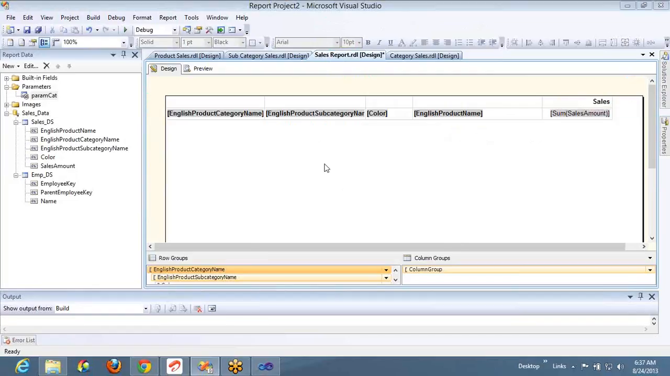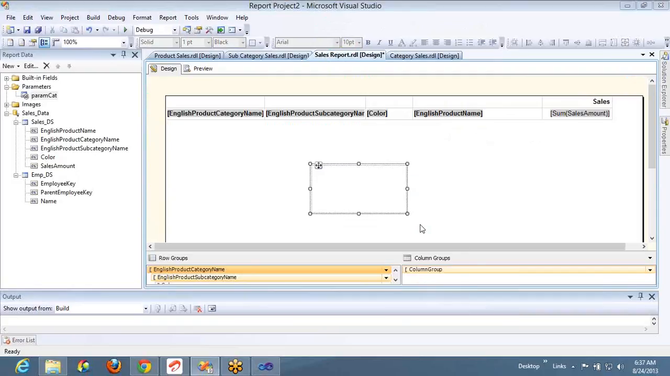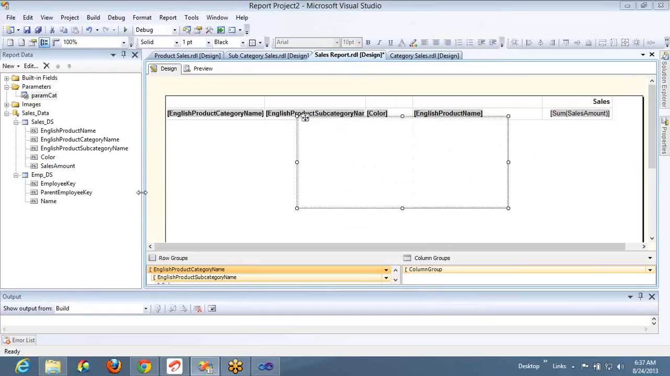Now let's see the next object here, that is rectangle. The rectangle is a simple one, very simple one. It is used to group multiple items together. You know right what I mean. The grouping means you can add 10